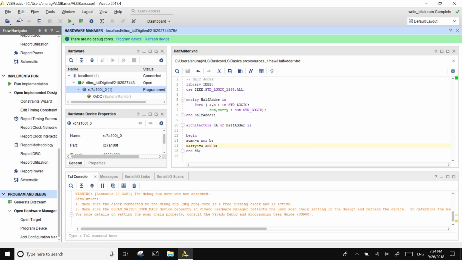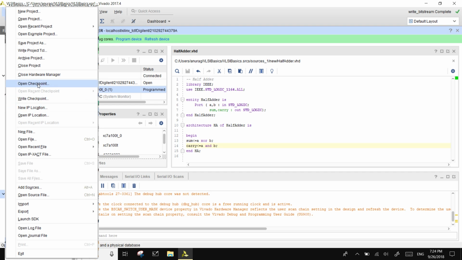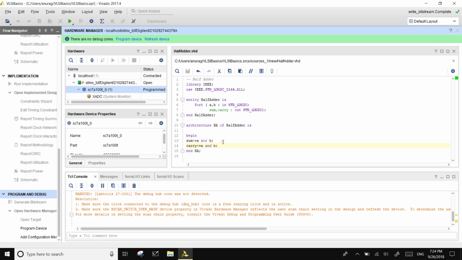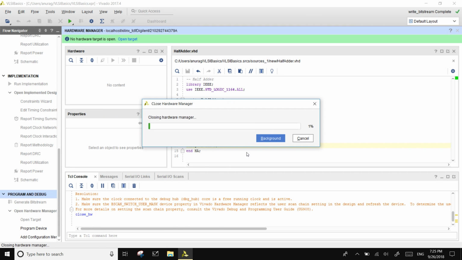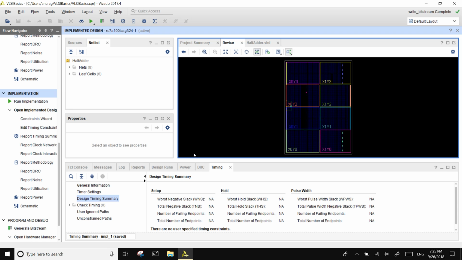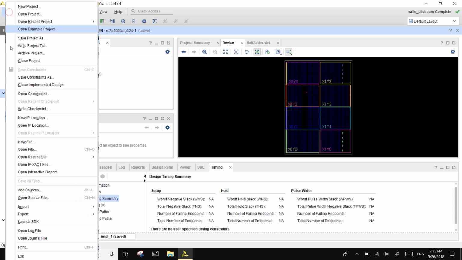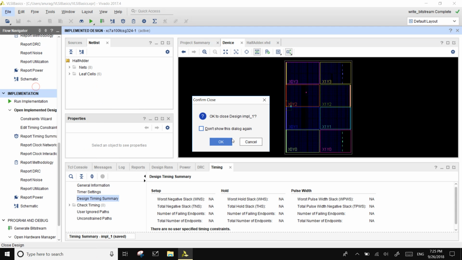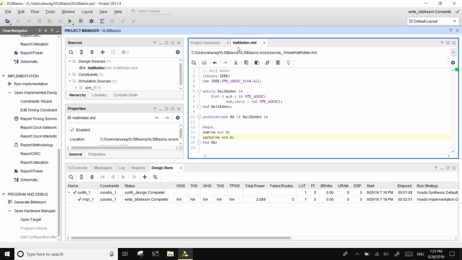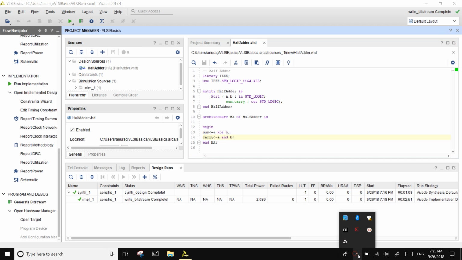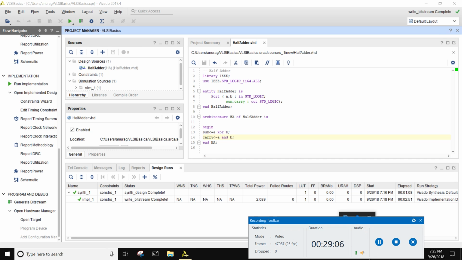Now before you switch off this FPGA board, switch the power off, you have to go here and say close hardware manager, say OK. Okay, so once it is done, now you can switch it off. So this basically completes the introductory part. You can just close the implemented design and it will come back to just one file which you have written. Okay, so this is the end of the first